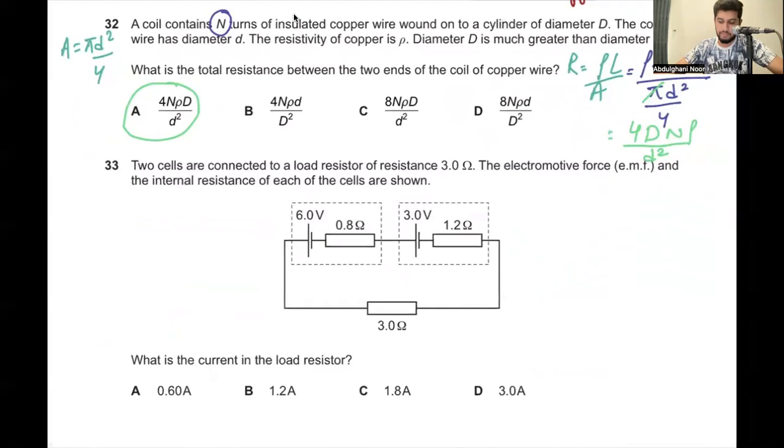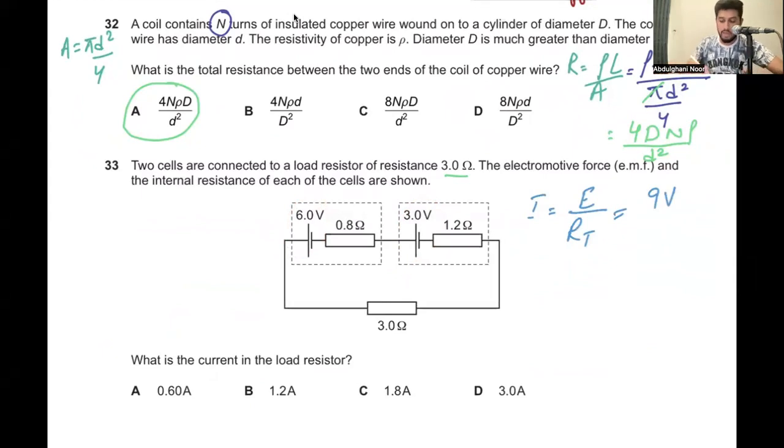Question 33 says, two cells are connected to a load resistor of resistance 3 ohms. The EMF and the internal resistance of each of the cells are shown. What is the current in the load resistor? The formula for current is total EMF divided by total resistance. The total EMF of the circuit is 9 volts. Because the two batteries are connected in such a way that they cause current to flow in the same direction,